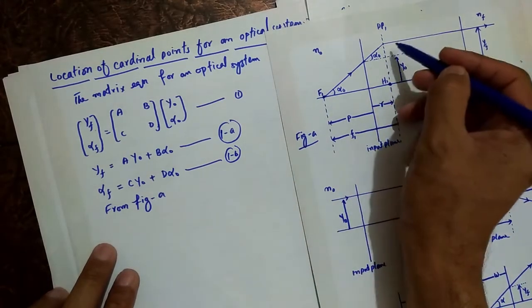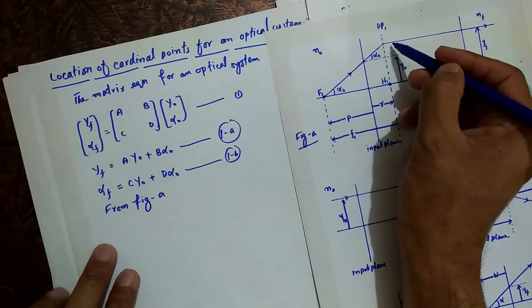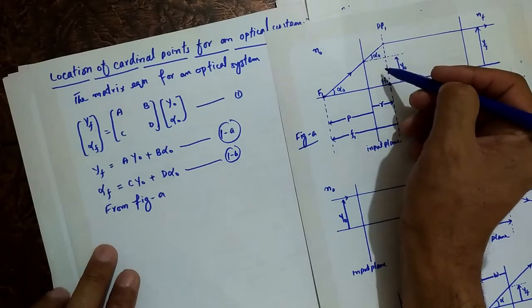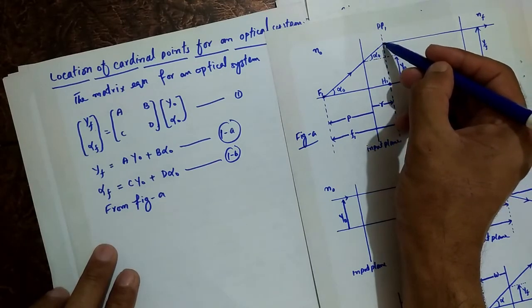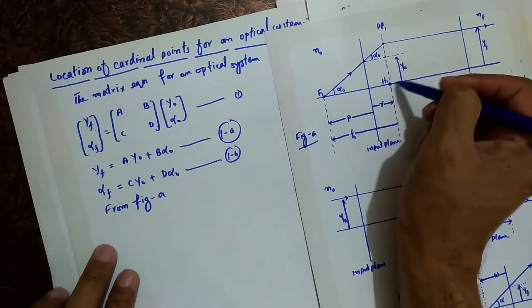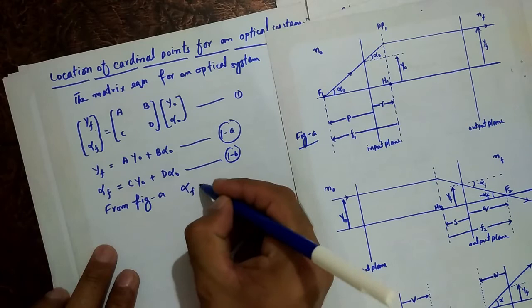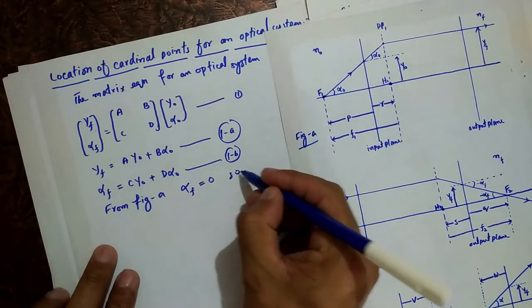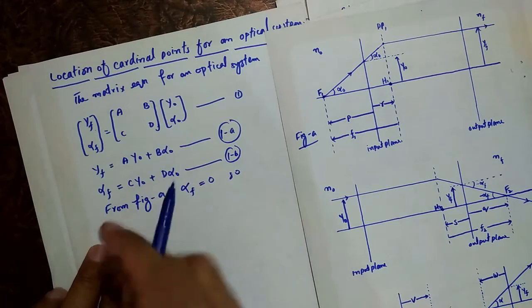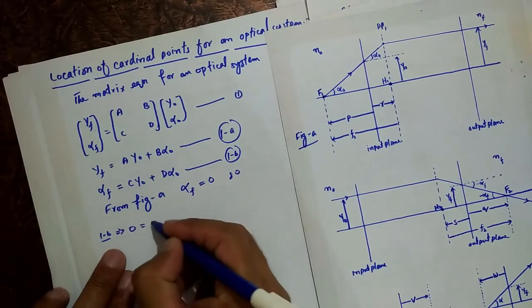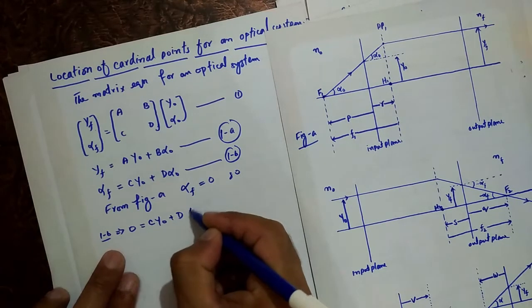Here we see that when the ray at this point refracts, the angle of this refracted ray with the optical axis is 0. Clear? When it reaches this point and suffers refraction, the angle of this ray with the optical axis is 0. So from figure A, alpha F is 0. So equation 1B will become 0 equals C Y naught plus D alpha naught,